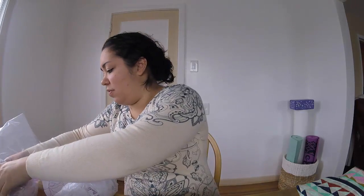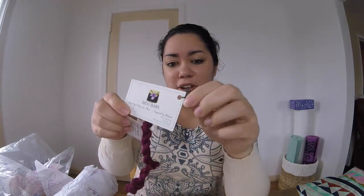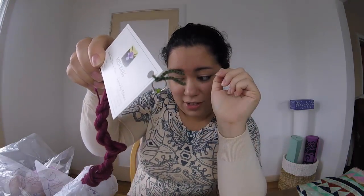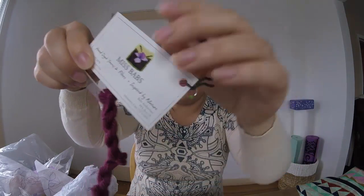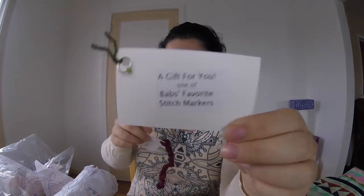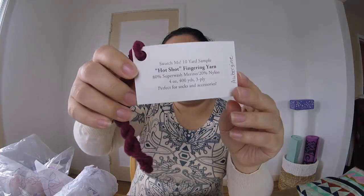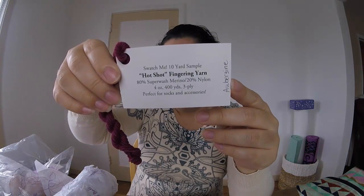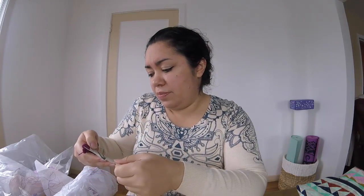and I'll show it off in a little bit. She always sends a stitch marker with the yarn, and it's kind of hard to see. It's a little green one this time. It's Miss Babs' favorite stitch markers, and then a little sample of some yarn. I don't know if she always sends a sample. I feel like I might have not always gotten one, but yeah, so there's that little sample. And it's Hot Shot fingering yarn, not that you guys just saw that on the label, but so I got a number of things,